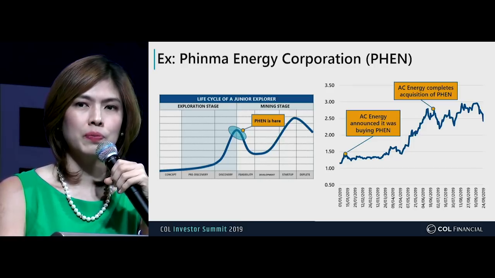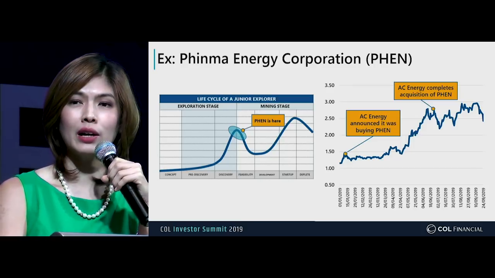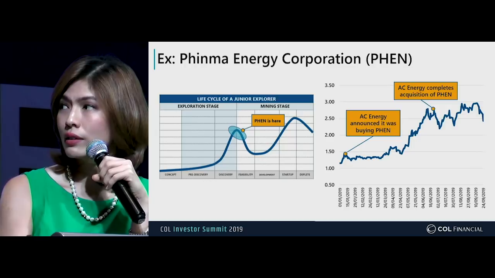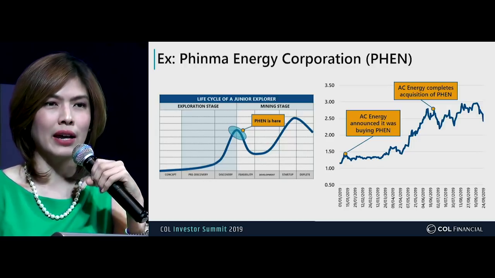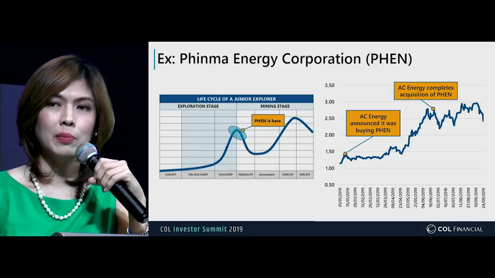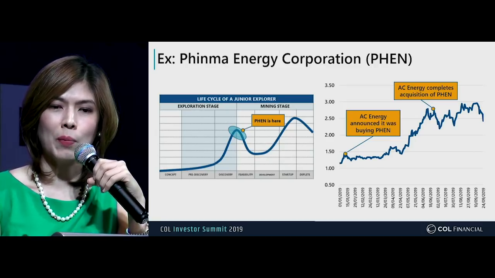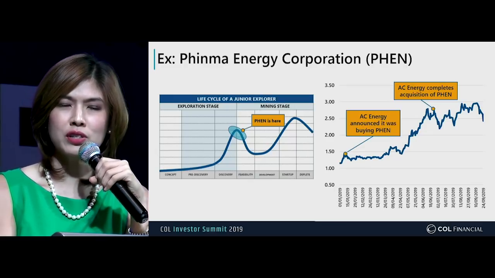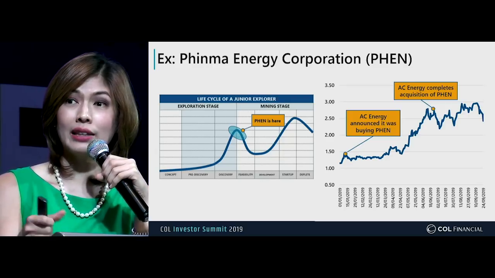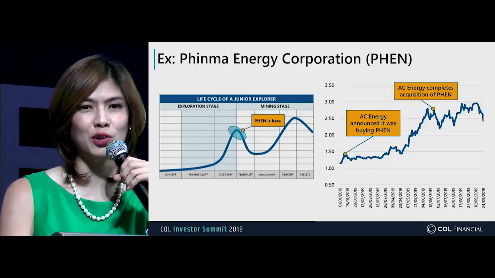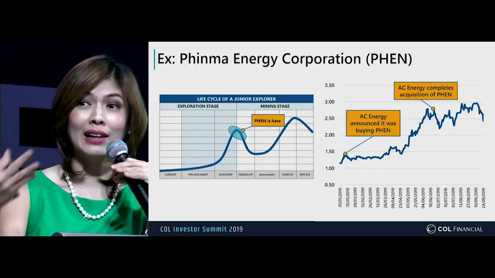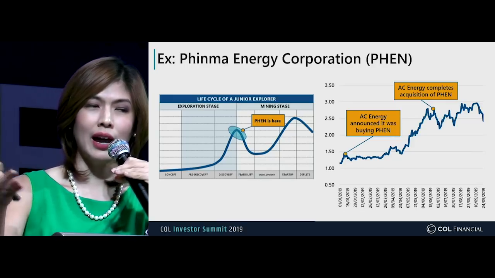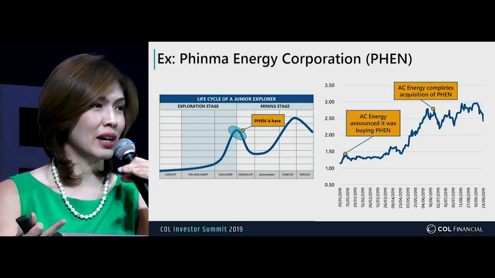Okay, so one of the things that we found out about Phinma is, Ayala AC Energy will actually be injecting some assets into Phinma. The problem is we don't know how much those assets will be injected at. Yun yung first issue. So our analyst George Ching said he feels like the fair value of those assets that Ayala will inject should be around 17 billion pesos. But there's a chance that they will inject it at an even higher price. So kawawa yung mga investors ng Phinma if that's the case. That's the first